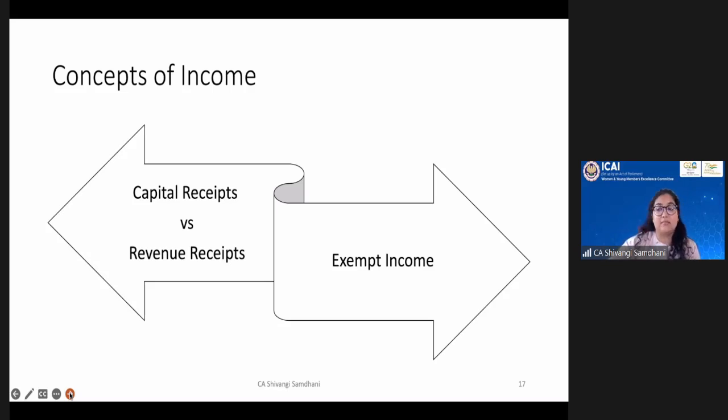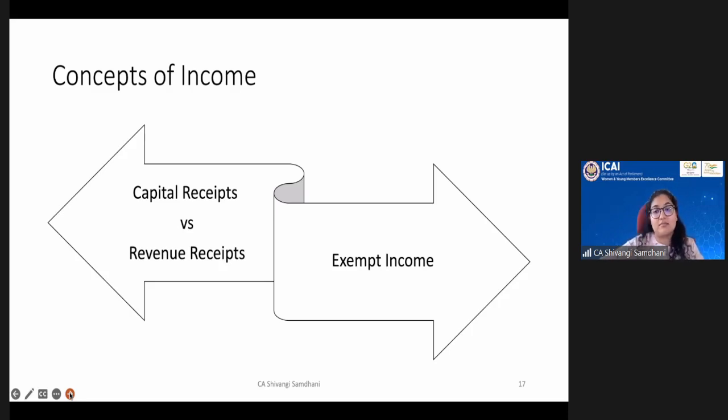So it is said by various courts that only revenue receipts can be brought to tax and not capital receipts. Now, what are capital receipts and what are revenue receipts? There is a huge literature available to make you understand this, but I'm cutting the long story short. Whatever hits the capital apparatus of the company or any entity is a capital receipt. And whatever is revenue in nature, trading, regular, that is a revenue receipt. So, for example,